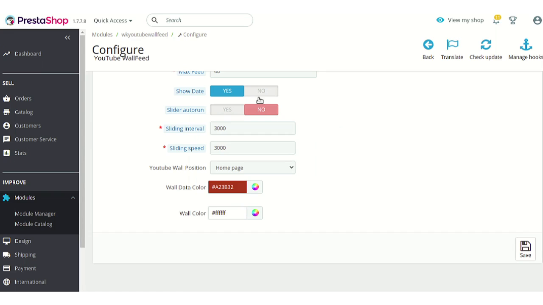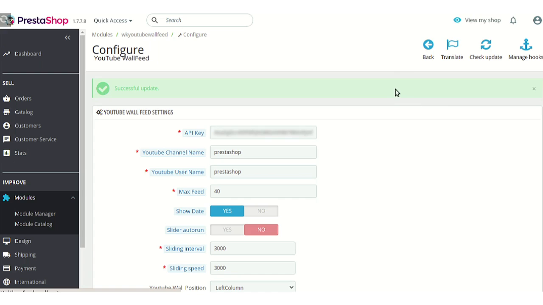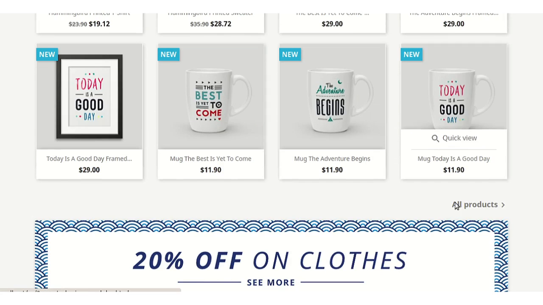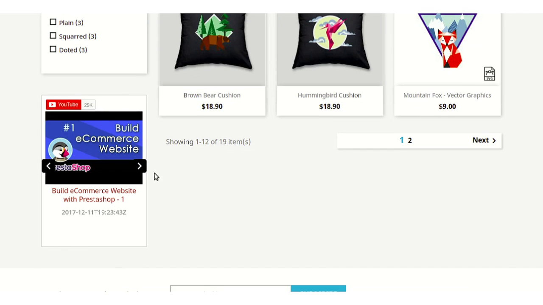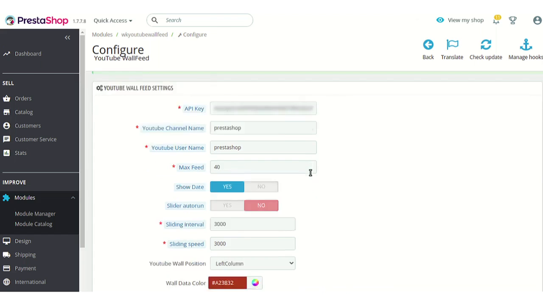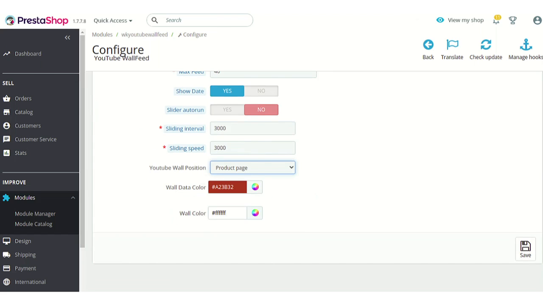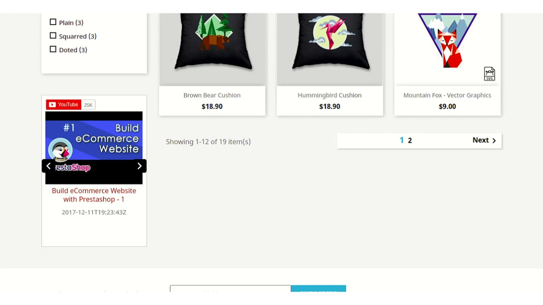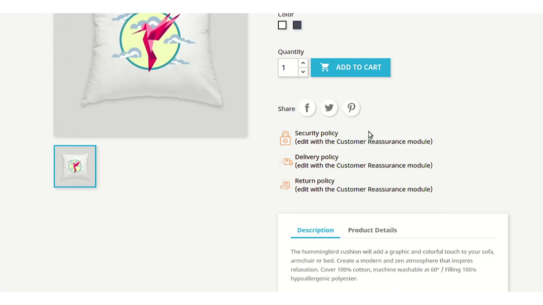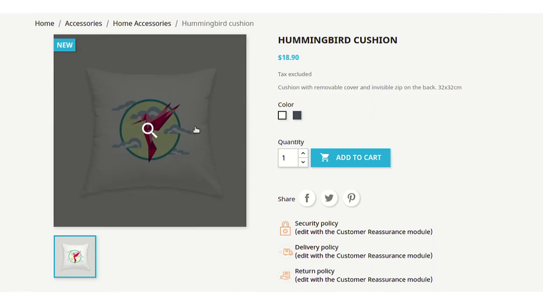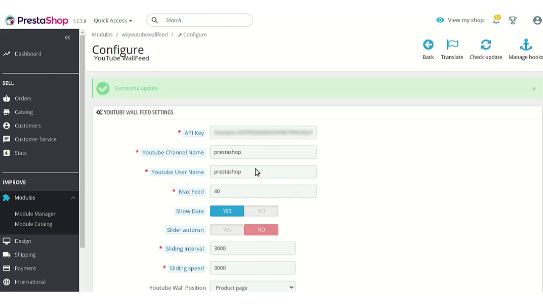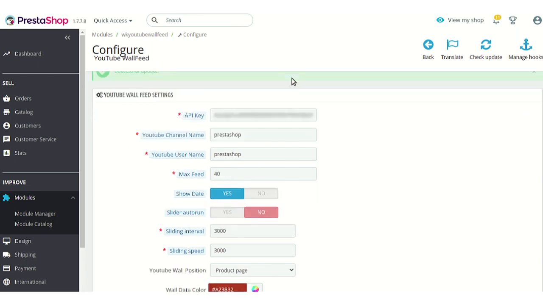Now let's change the position of the page and I'll show you how it is shown on the category page of the shop. So let's go to the category page, and as you can see, here a section is added to show the YouTube video feeds. In a similar way, you can also choose to show it on the product page of your shop. So let's change to the product page, and on the product page it is shown in this manner, as you can see. Now let me take you to the Google console,